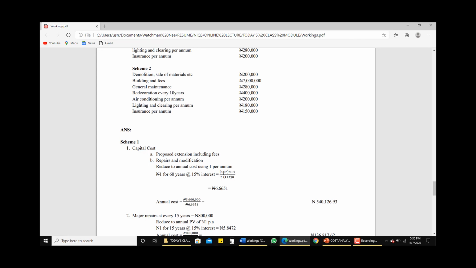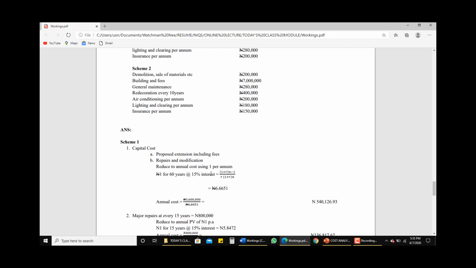So it is (1 plus R) raised to power n, minus 1, divided by R multiplied by (1 plus R) raised to power n. If you calculate this, 15% is 0.15, so 1 plus 0.15 will give us